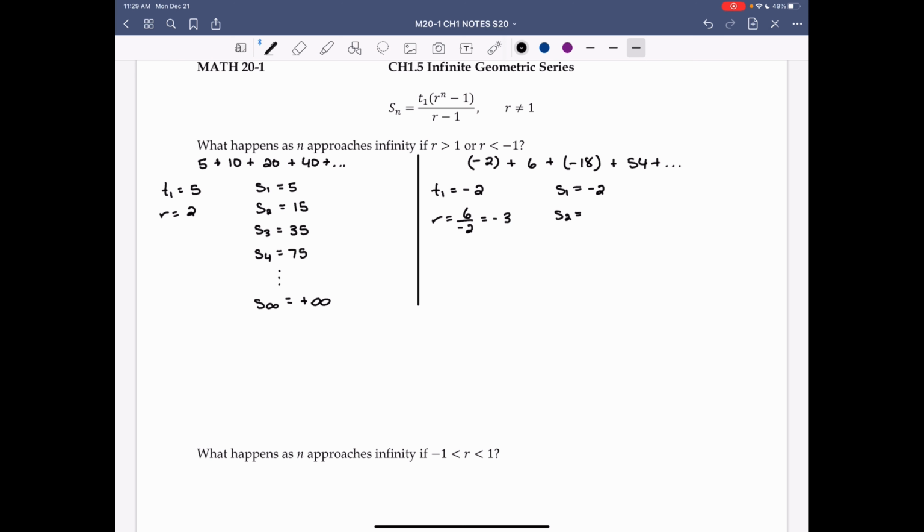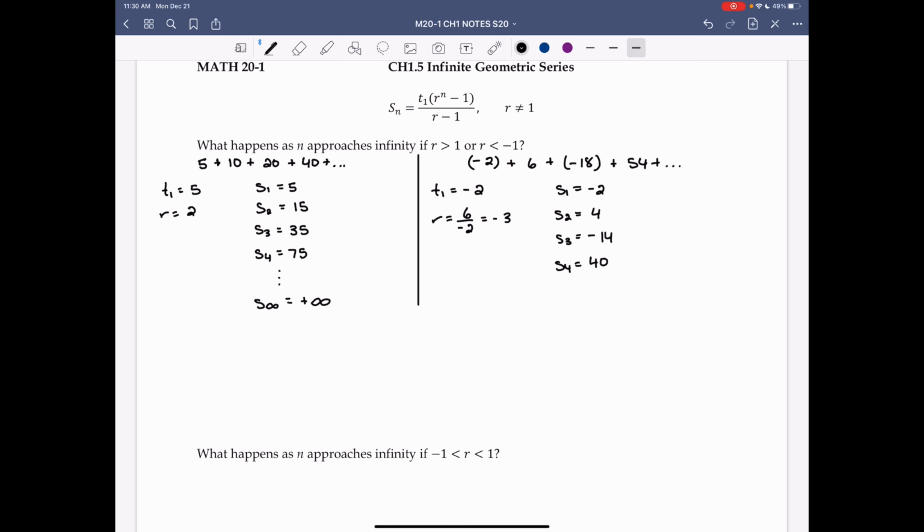S2 would be the sum of the first two terms, which is -2 plus 6, which is +4. S3 would be 4 plus the third term, so 4 plus -18, which would be -14. The sum of the first four terms, S4, would be S3 plus the fourth term, so -14 plus 54, which is